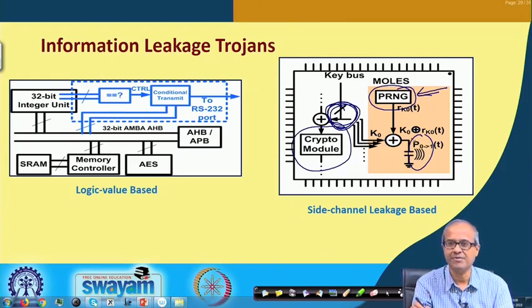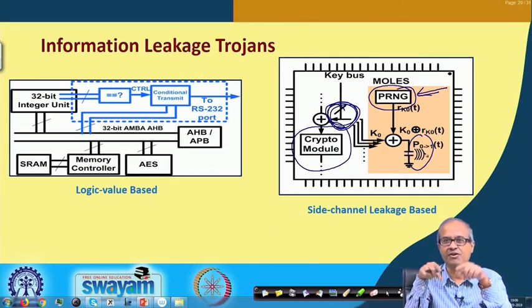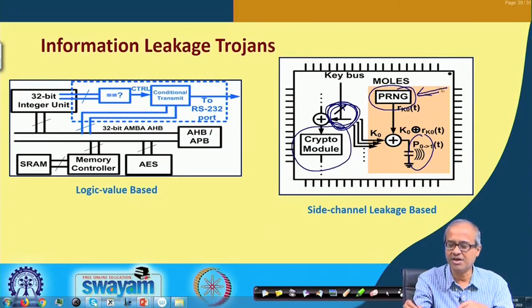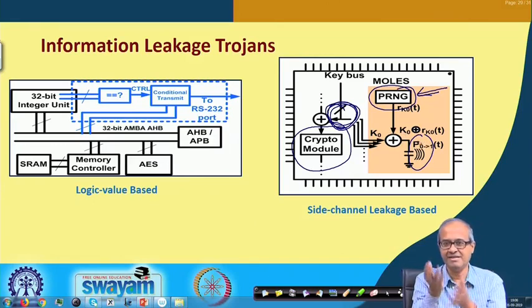So, the pattern of the noise is known to that person and you are doing exclusive OR with that. So, if the person does a side channel analysis, analyzes the waveform, he already knows what random pattern was generated by this PRNG, which was the payload of the Trojan, and whatever is the secret, that is bit by bit exclusive OR, and that information is being captured. So, you are exposing the circuit to side channel attack, the Trojan is exposing it to side channel attack. So, that side channel attack becomes possible. These are very interesting, I think.